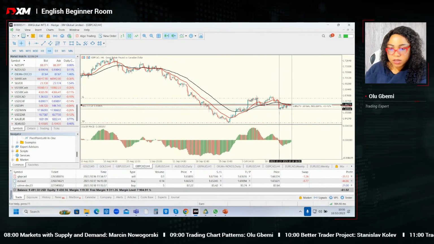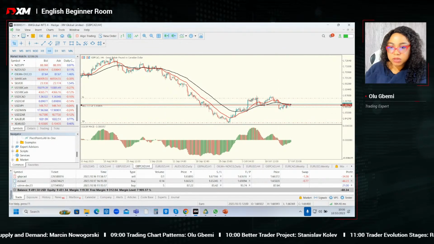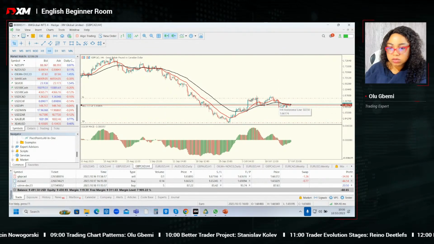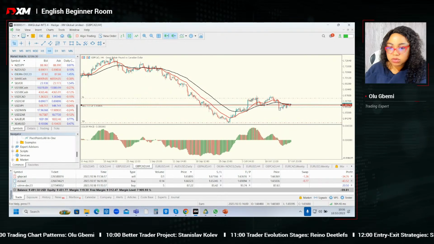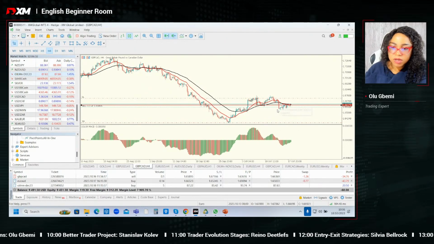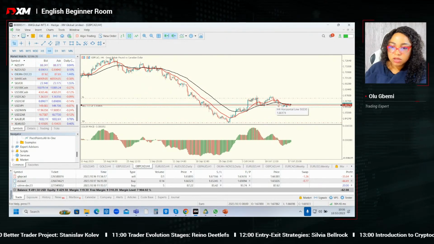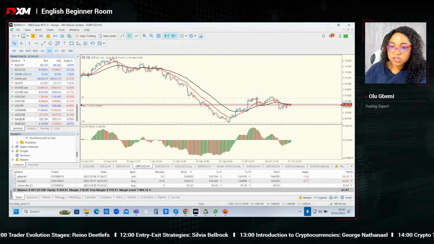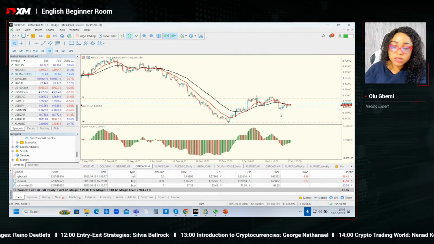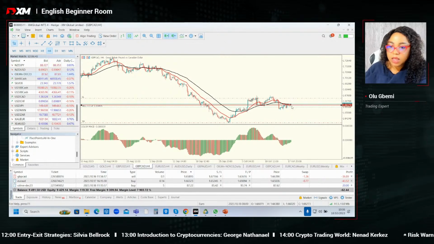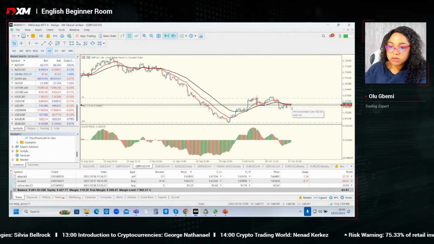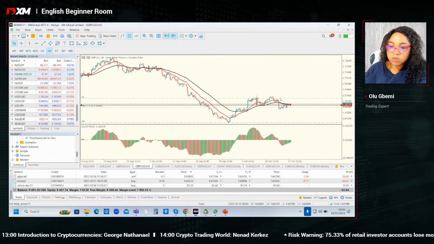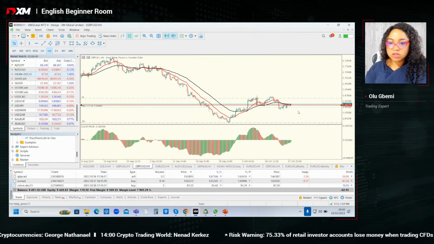We have 18 bars that have been correcting against this one bar. They haven't been able to take out this one that I would see mainly as like the mother bar. So what that means is that the direction still quite points to the downside, and that's why I did a sell. Well, it's possible that it continues to the upside, and that's why I also have a stop loss